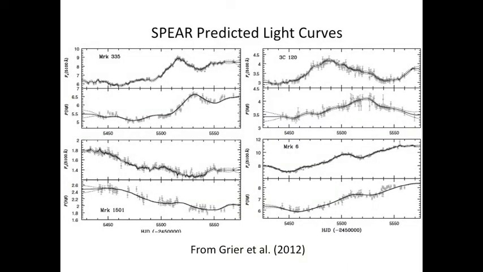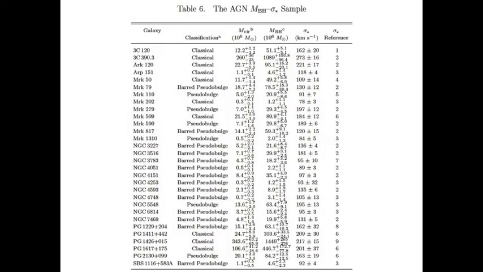There are now 30 reverberation-mapped AGN with secure sigma measurements and virial products that were determined using traditional reverberation mapping methods. Recent success with a different reverberation method called SPEAR, discussed by Zu et al. in 2011, prompted us to redetermine the time lags and virial products for this sample. We used SPEAR time lags for the H-beta emission line for the entire AGN M-sigma sample, either pulling the values from recent literature or using the actual SPEAR software itself when previous measurements were not available. We recalculated the virial products for the entire M-sigma sample.